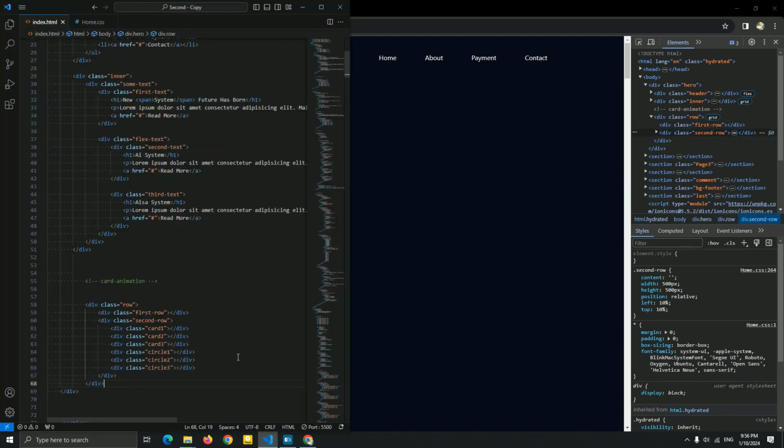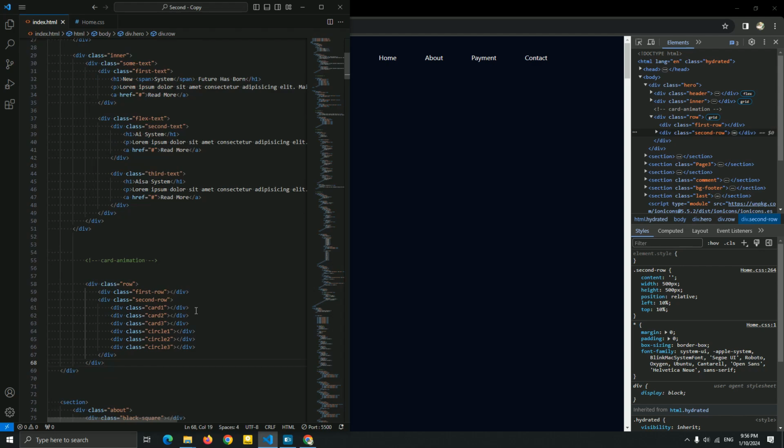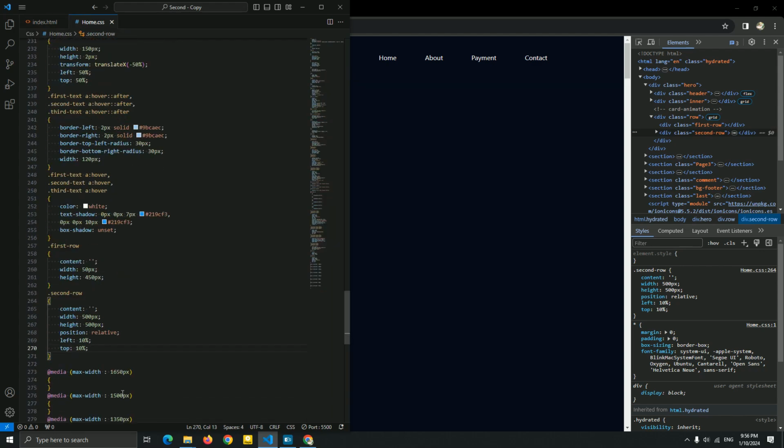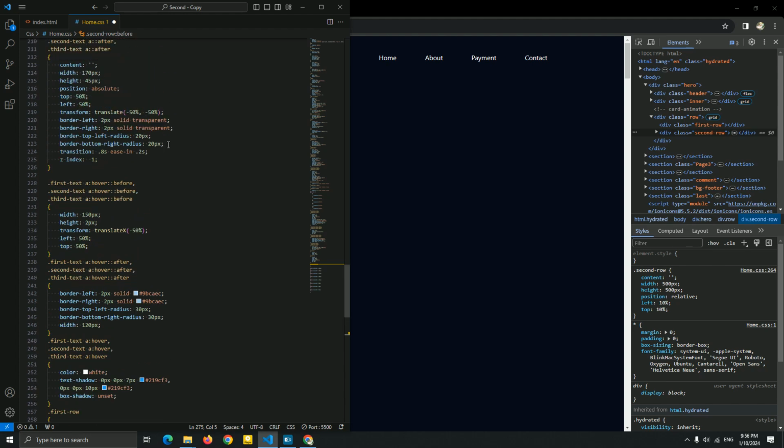Now let's go create a card. But before that, let me just add a background, as you can see in the first video, of the white color of the circle. So second row before, I'm gonna add it here. I'm gonna just copy this, paste it.